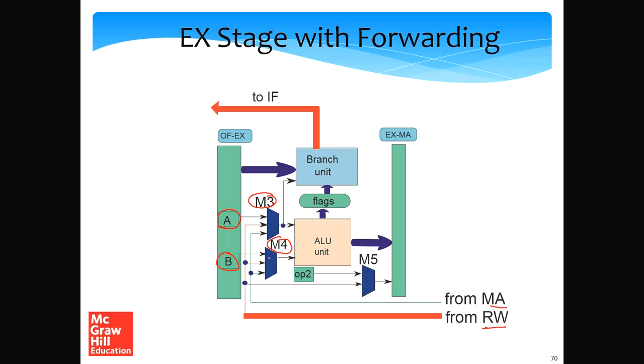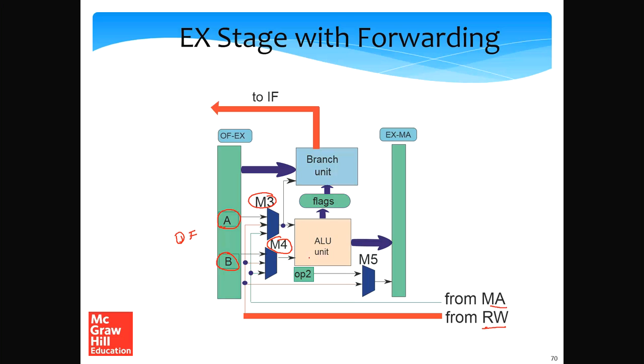So both for M3 and M4, what are the inputs again? One input comes from the previous stage, which is the OF stage. Two more inputs come from other stages, the MA and RW stage. So based upon the forwarding decision, we choose one of these inputs as the output and they are sent to